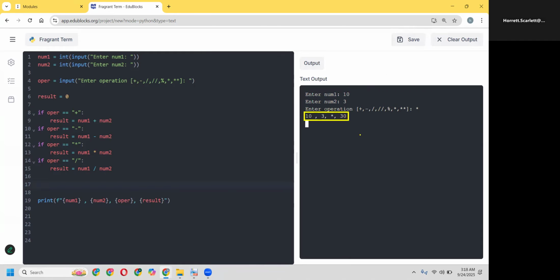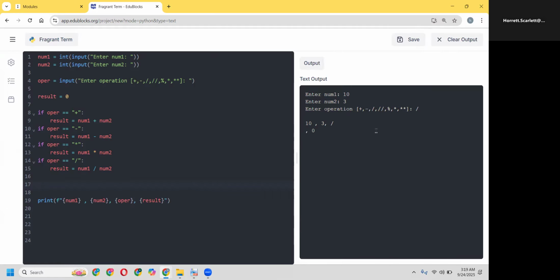So 3 times 10, that's 30. So let's now check the division. So it's 10 and 3. And this time we use the division operator. And we hit enter, and we